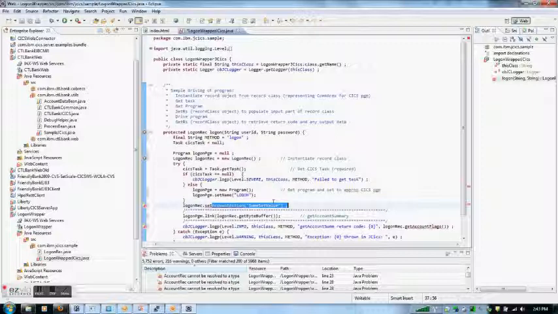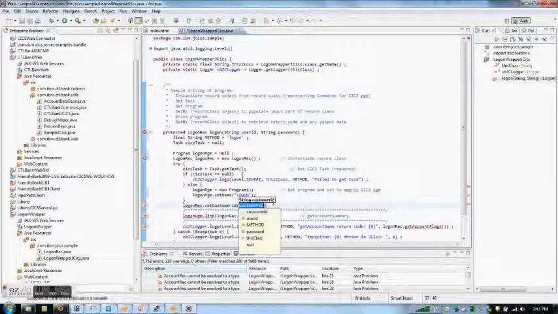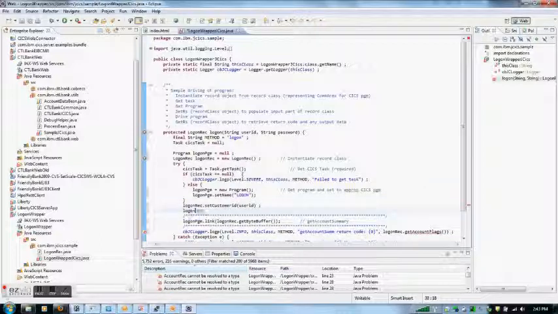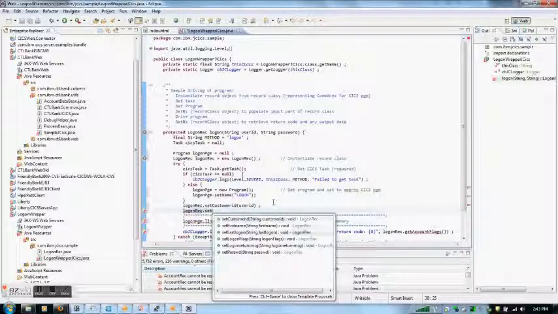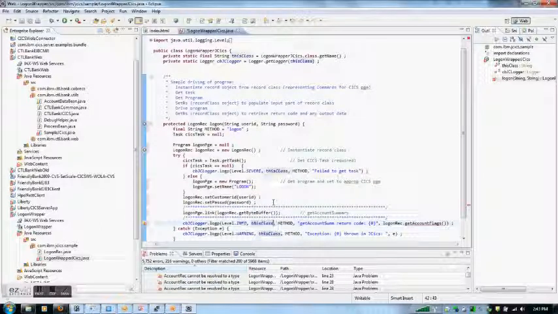And before we drive the program, what we're going to need to do is populate the COM area. So we're using content assist, and in this case we're setting the customer ID to the user ID that was passed into this method, and we're setting the password to the password that was sent into this method. Now of course we have yet to do the servlet, which will retrieve those two fields, but we'll get to that next. So we're going to create a log record on the way out, which is going to tell us